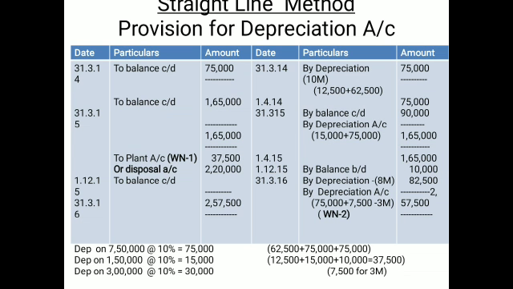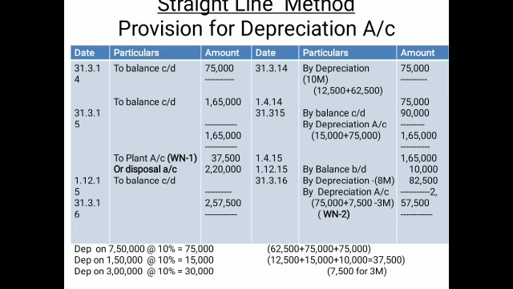In the same manner, you are not opening the depreciation account here. If you want to open it, you have to pass the entry in the depreciation account to the provision and then charge it to profit and loss. Automatically the depreciation account will be closed, with the amount of first year 75,000, second year 90,000, and third year 92,500. So this is the aspect now. The depreciation account does not involve too many calculations. Only the provision account does. So here you may see the first year, the 10-month depreciation is charged.